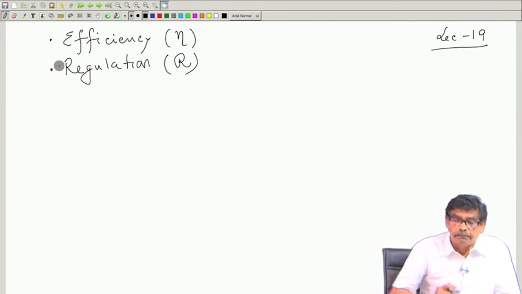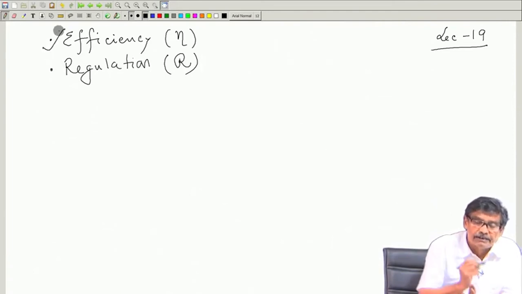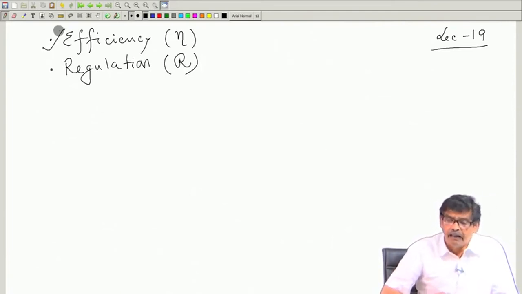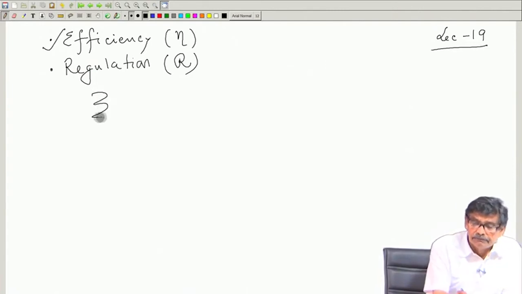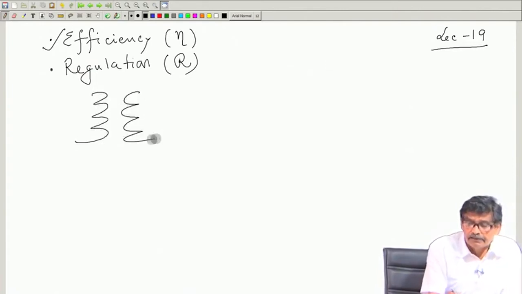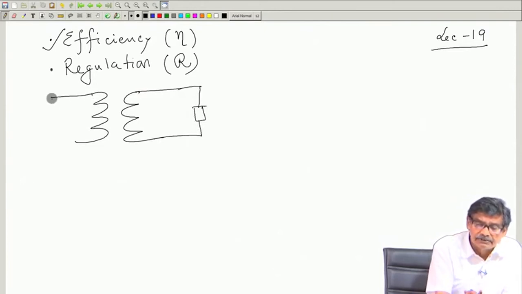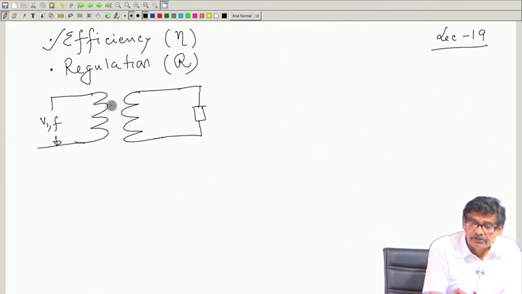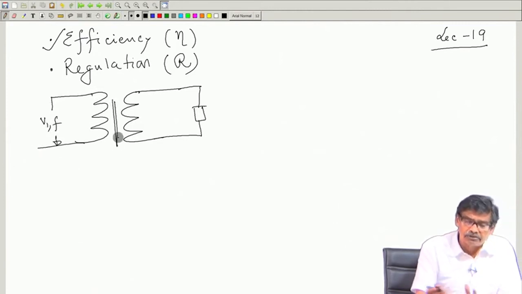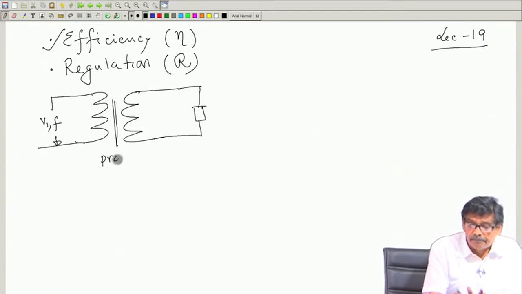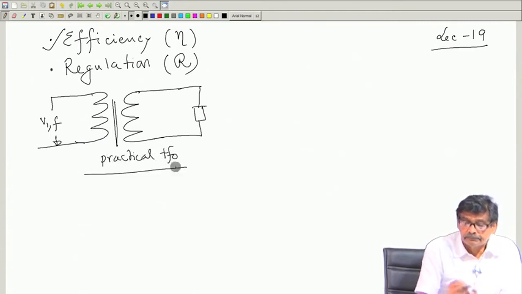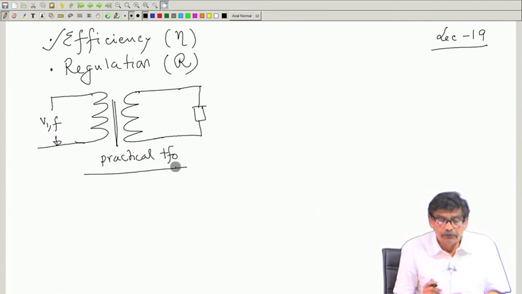But listen to me very carefully. First I will take up efficiency. So, a transformer, as I told you, will be operating with load connected, not under open circuit, and here you will apply rated voltage and frequency during its operation. Core loss is there, in a practical transformer. Okay. So, it is expected